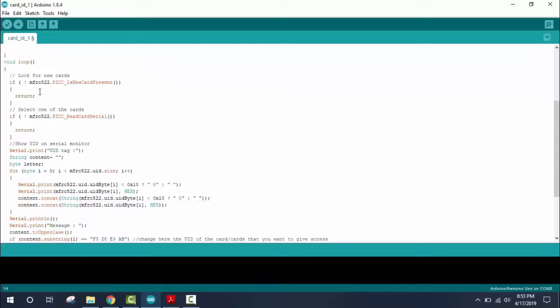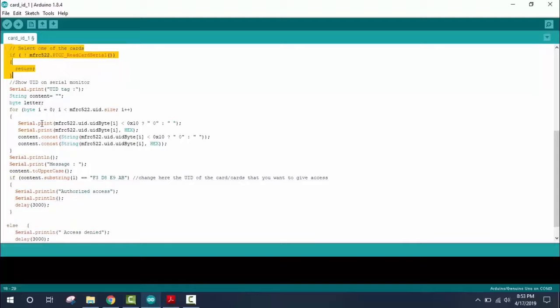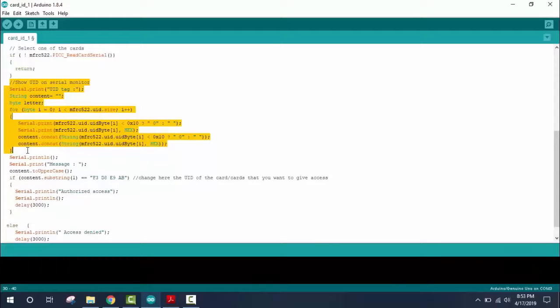Now there will be multiple cards that will be accessing the system, so we need to select any one of them and check its unique identification number. For that purpose we use this line of code. Now we need to have the sensed data from the RFID tag shown on the serial monitor.